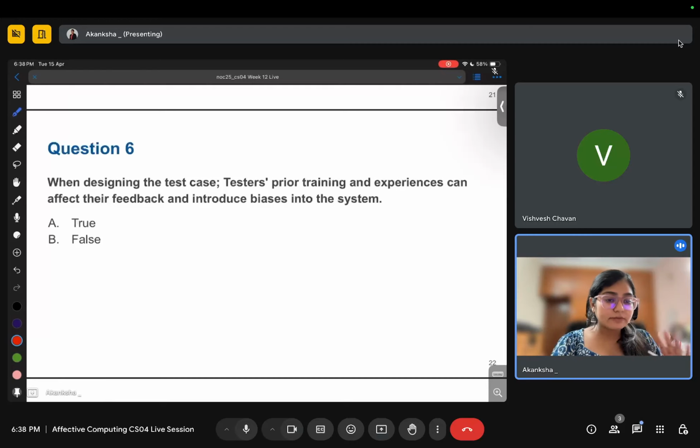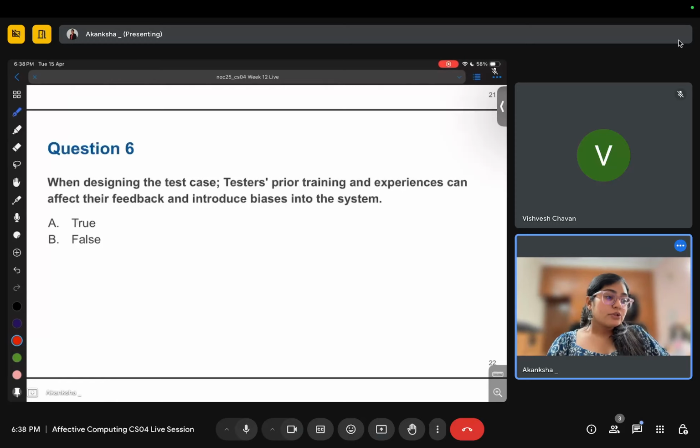So in the case of testing, whenever you have a product, what is the task of testers? Testers want to find out as many bad things about the product as possible, because ultimately the company wants to correct those bad things.